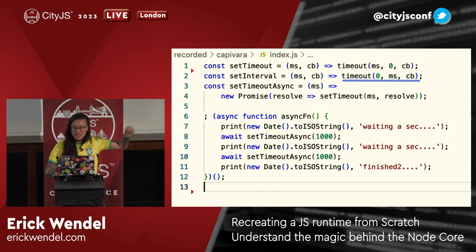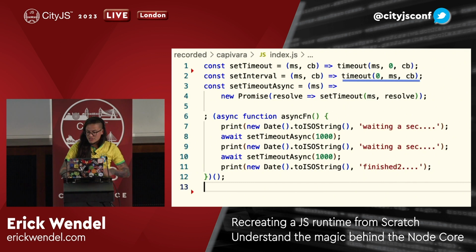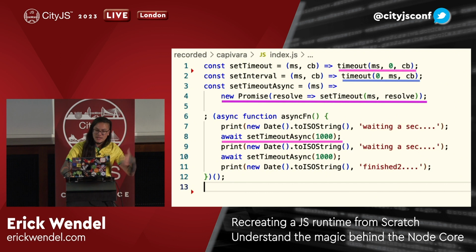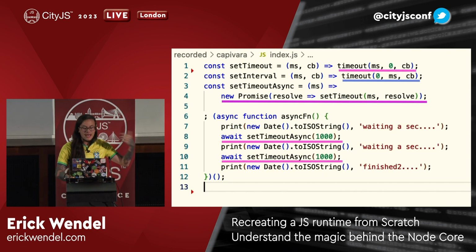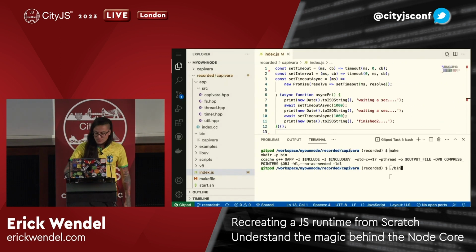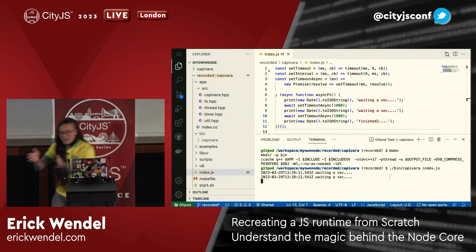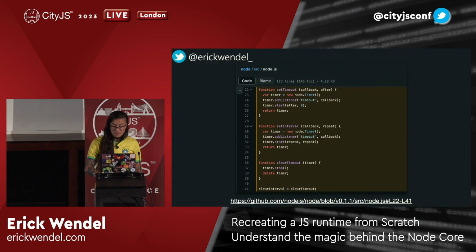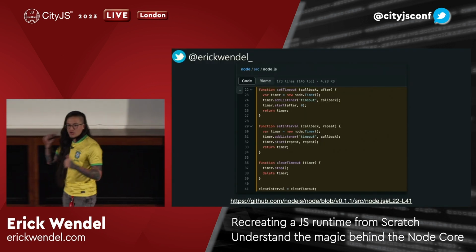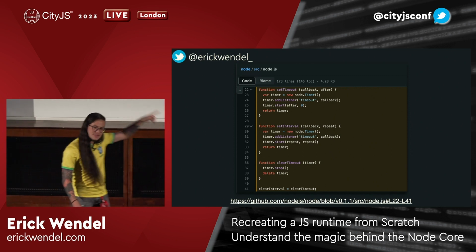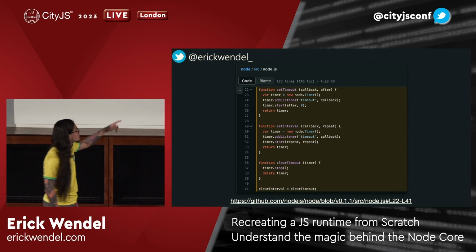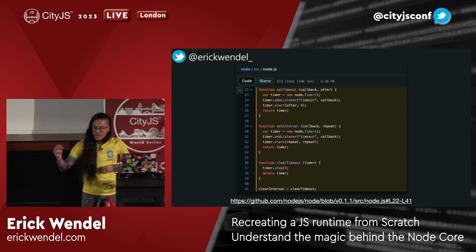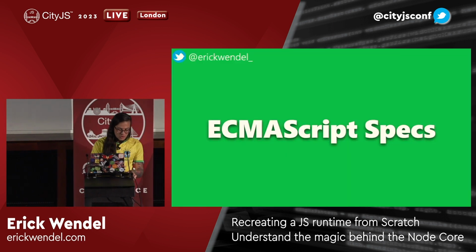So I have the timeout, I just changed the order of the parameters here to use timeout, but see, my promise object here is just a wrapper, so I can use async and await as all the runtimes do. So if I try running this, I implemented the set timeout, the print, and almost every core feature there. And notice, if you go to the Node.js on the first version, this is how the first version was delivered. We have the exposed class there, which is the timer, and we can use very similar to what we've done.